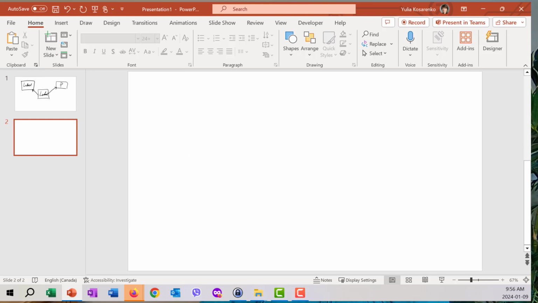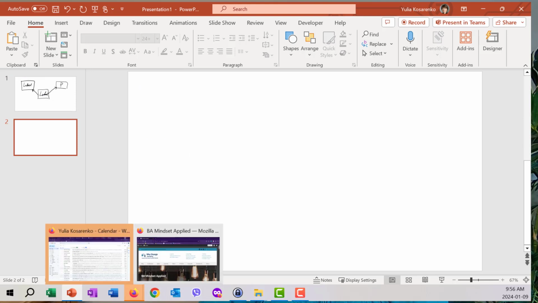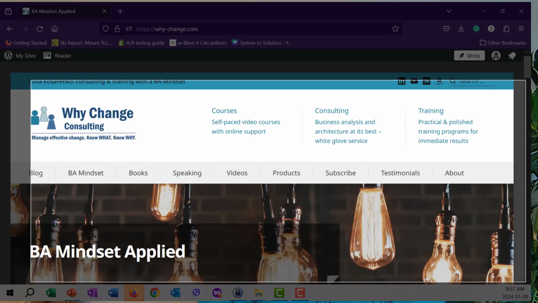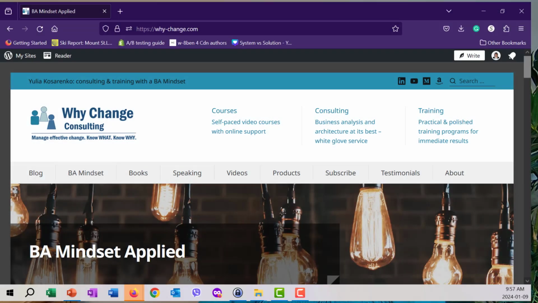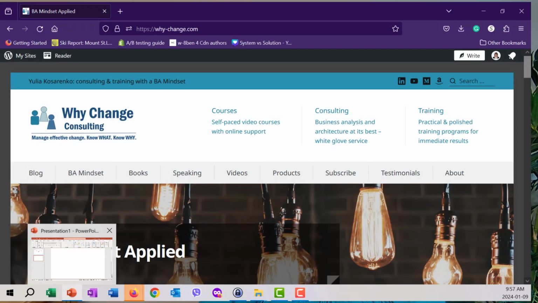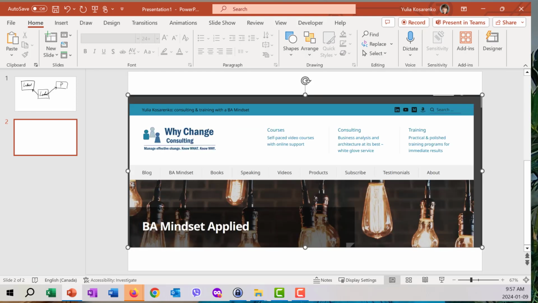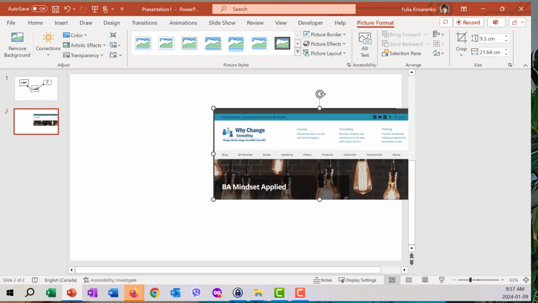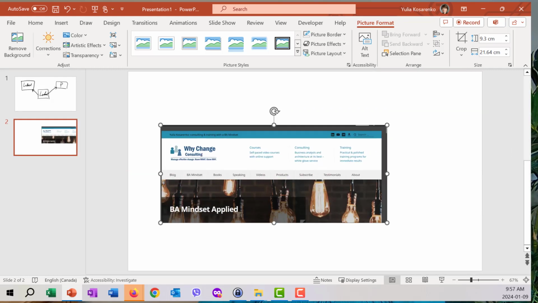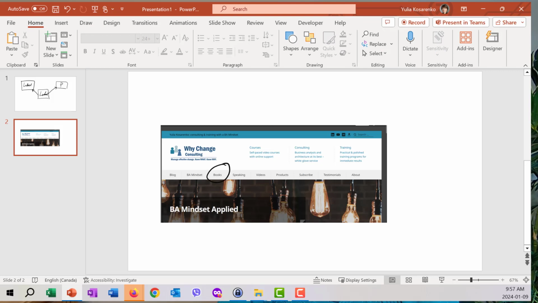Another example is, and let me just create a new slide, what if you are doing a mock-up or some changes to visual design? A simple way to do it is to just take a screenshot of whatever visual feature you want to use. You can drop it and then draw on top of it. For example, if I wanted to make some changes to the menu items or the flow, I could just drop it, highlight this,